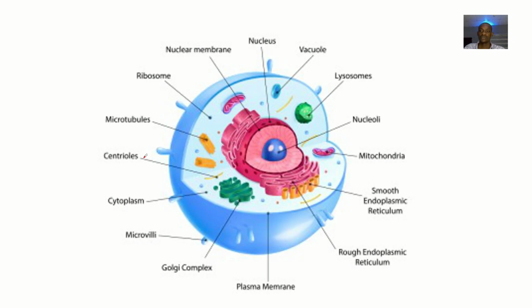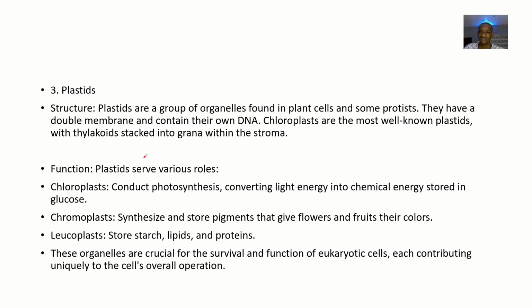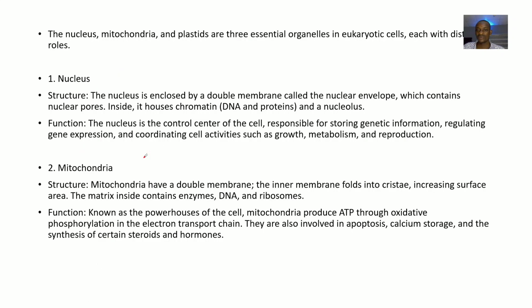All right. One thing to note is that plastids are actually found in plants. I brought pictures of only an animal cell, so you could do well to check out pictures of plastids so that they are in your memory. So we are saying the nucleus, mitochondria, and plastids are essential organelles in eukaryotic cells,